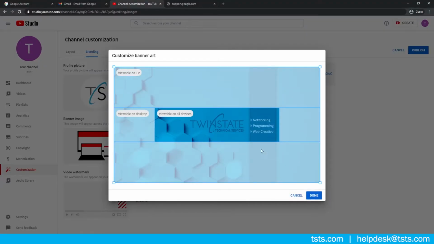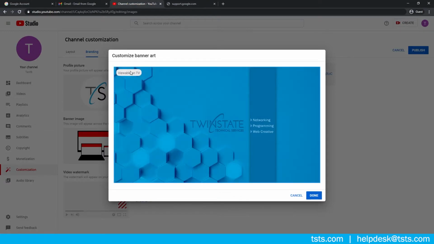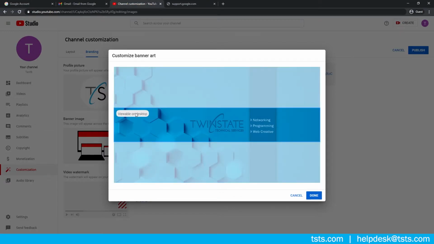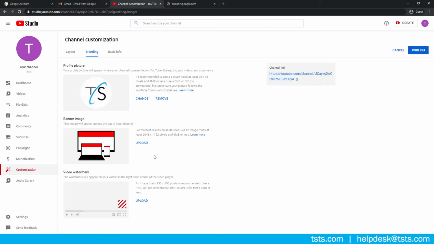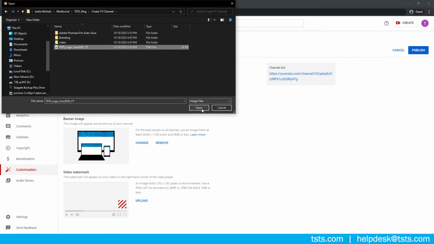So this looks confusing. What these three different frames demonstrate is how the image will scale and fit to different screen types. If you can't create a custom graphic banner to perfectly fit, then I suggest just using a cool pattern or a photo, just anything that won't look weird if sections get cut off. Finally, we have a little watermark. Totally not necessary, and you probably want to avoid it because it could clash and cover up important information on your videos, but I'll turn it on just to show you.